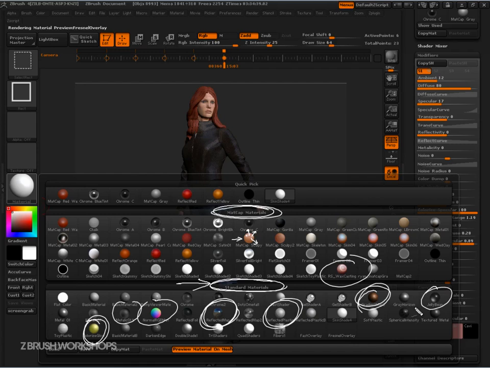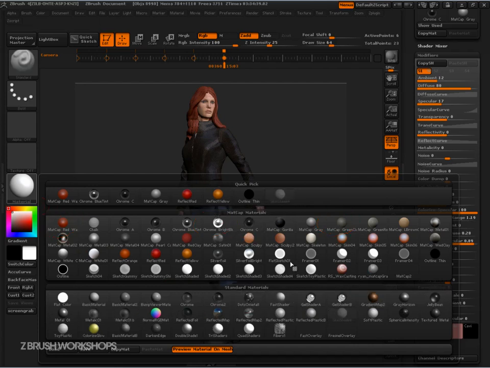In matte cap, you immediately connect. You say, okay, green clay. I know what that looks like. I wanted green clay. I wanted red wax. I wanted chrome. So it's a little bit more directed. But all of that said, what you need to know about standard materials